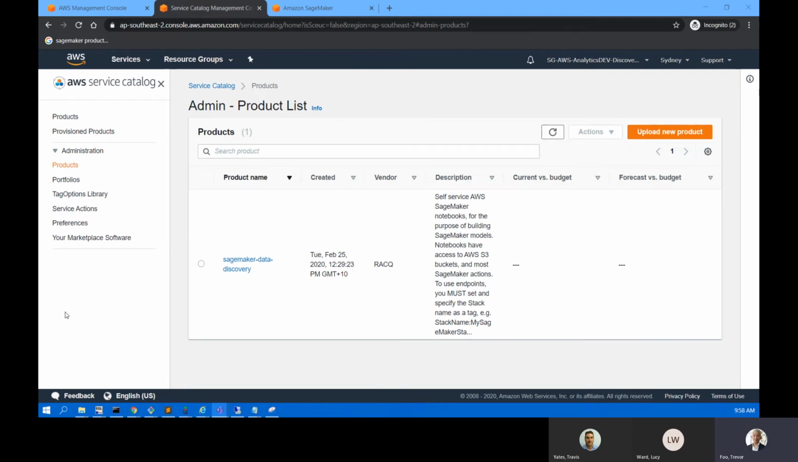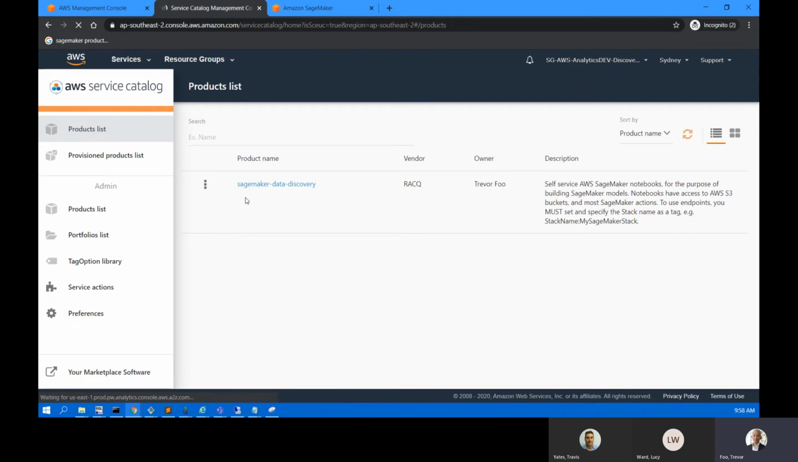And so I've just been using this thing called the service catalog. The service catalog basically is a template, right? So the template has a list of products. One of those products is going to be SageMaker. And